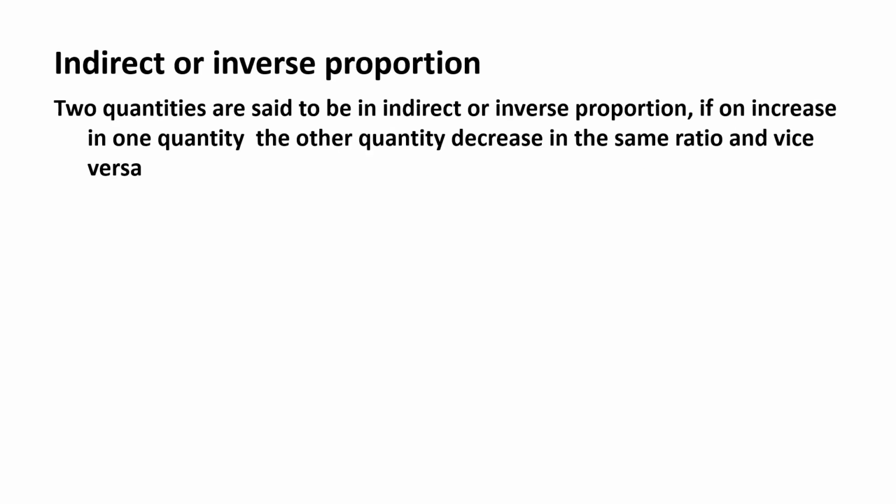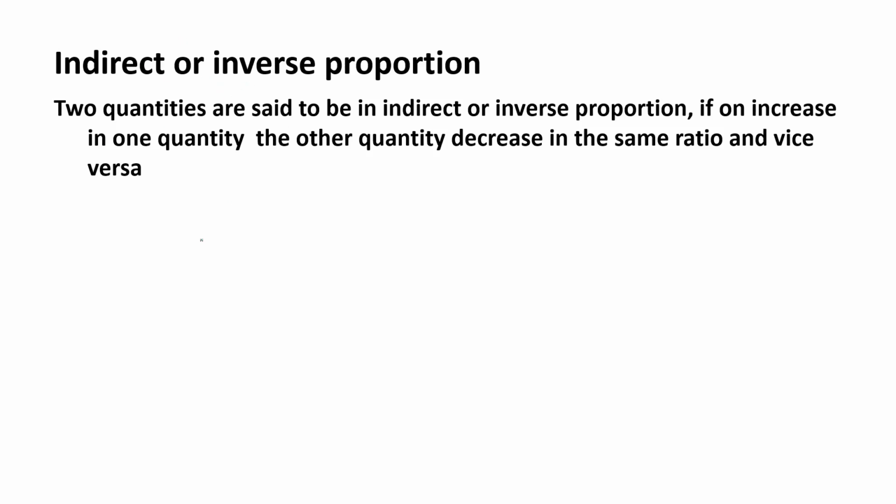Another property of ratio and proportion is indirect or inverse proportion. Direct proportion and indirect proportion are widely used in the chain rule, which is a chapter in arithmetic. Whether you solve the chain rule according to inverse proportion or direct proportion does not matter, but both are widely used in the chain rule and in time and distance also. When we take the ratios of time and speed in the time, speed and distance chapter, we use the indirect or inverse proportion widely.